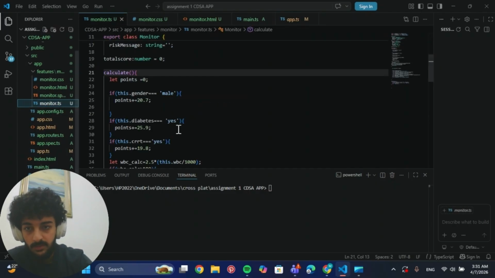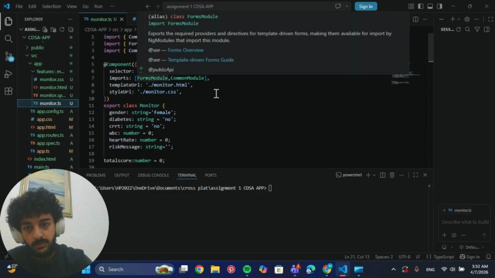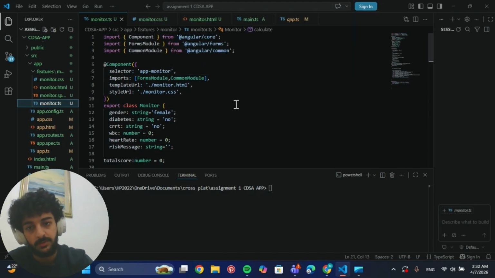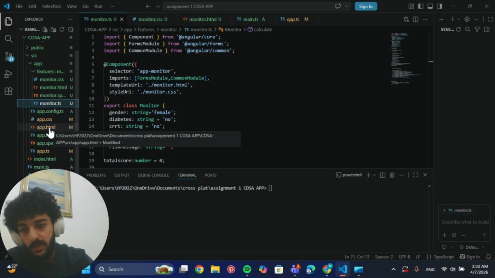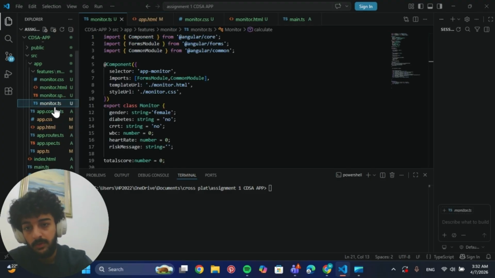So let's get into the TypeScript folder. It's not actually the backbone, it's what makes the HTML function. This is really important because we have the app.html, and this is the same file name. It actually needs to be exactly the same. It tells the computer to go to the app/monitor. And when we go to the monitor.ts, which is our component TypeScript,